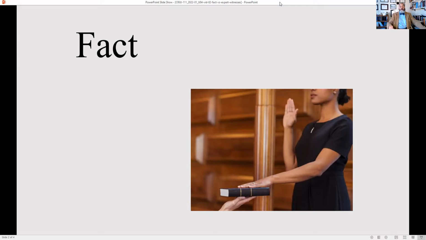If they are asked for their opinion, it is simply to clarify their personal opinion about something that will help clarify their testimony. A fact witness is just that. They simply testify to facts that occurred. As a criminal justice professional, I have been called to testify as a fact witness.